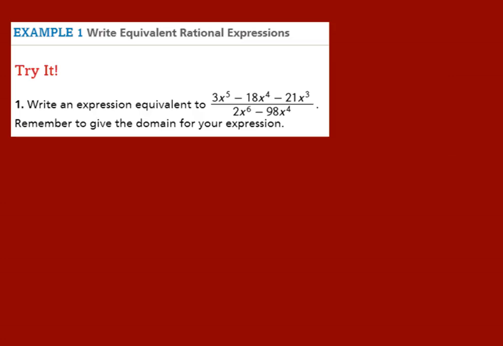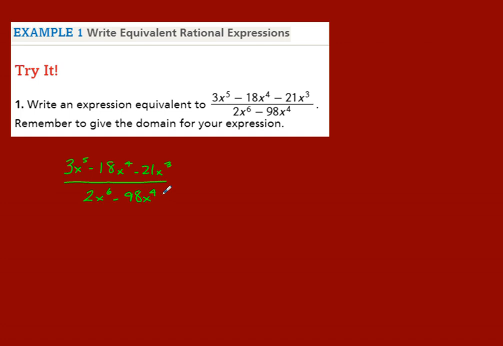Now, let's try this. Write an expression equivalent to this expression, and remember to give the domain. So I'm going to rewrite this so I can mess around with it. So 3x to the 5th minus 18x to the 4th minus 21x cubed, that is in standard form, 5, 4, 3. And then 2x to the 6th minus 98x